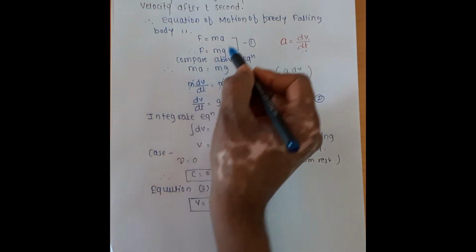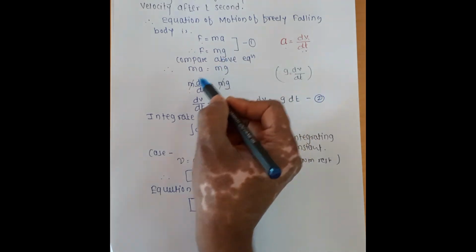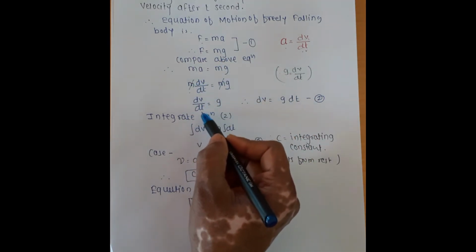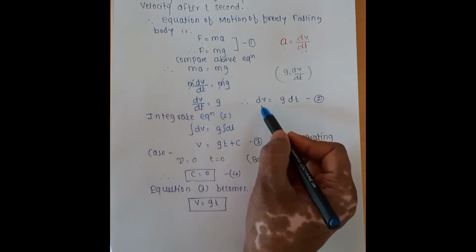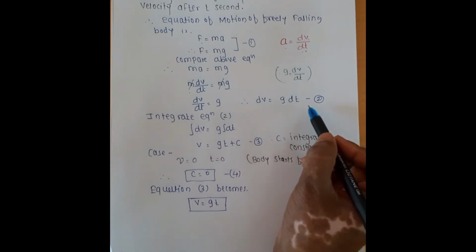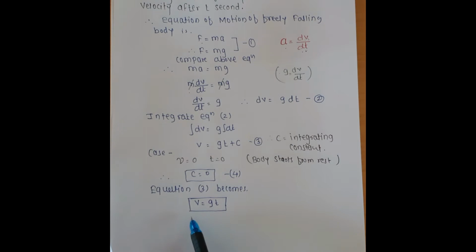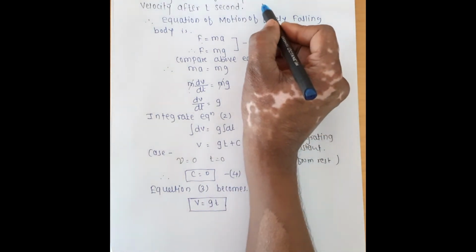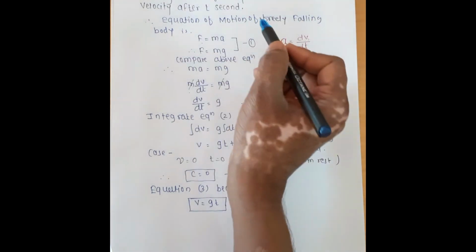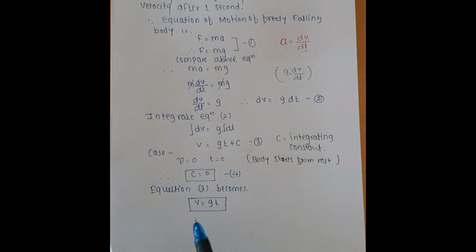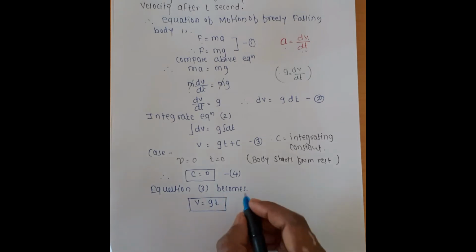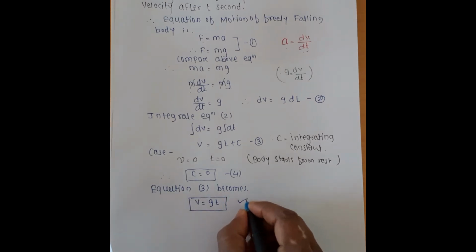So ma, and we compare this to the equation, ma is equal to mg, both m cancel, so we get dv by dt is equal to g. Therefore dv is equal to g into dt. And after solving this we get the actual value, because what is our actual problem? What will be its velocity after t seconds? After t seconds, the velocity will be the acceleration due to gravity into time. Okay, so this is our actual answer.